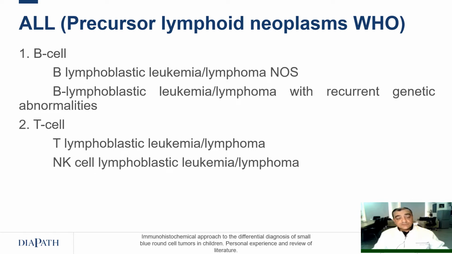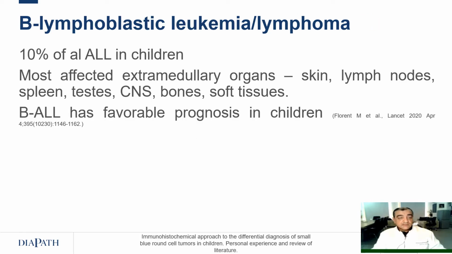Each group can then be subdivided into subgroups according to recurrent genetic abnormalities, requiring more or less sophisticated molecular testing. I hope my lecture will be helpful for working residents and pathologists, especially those working in labs with limited resources who cannot do a whole spectrum of molecular testing. So let's start with